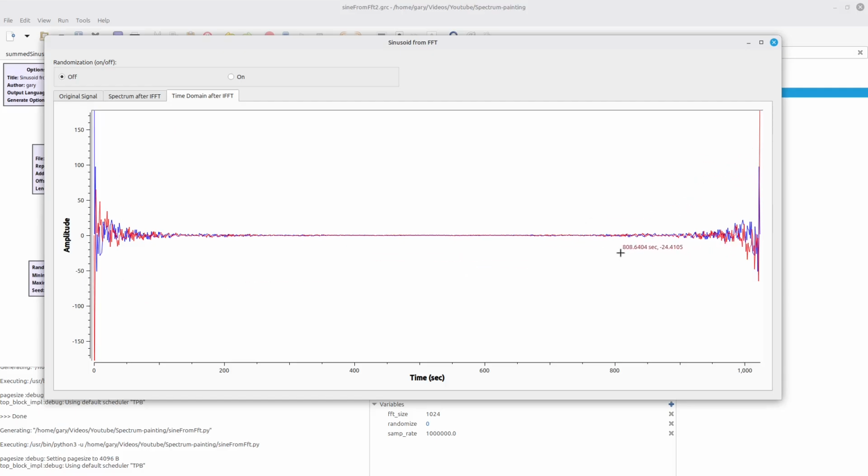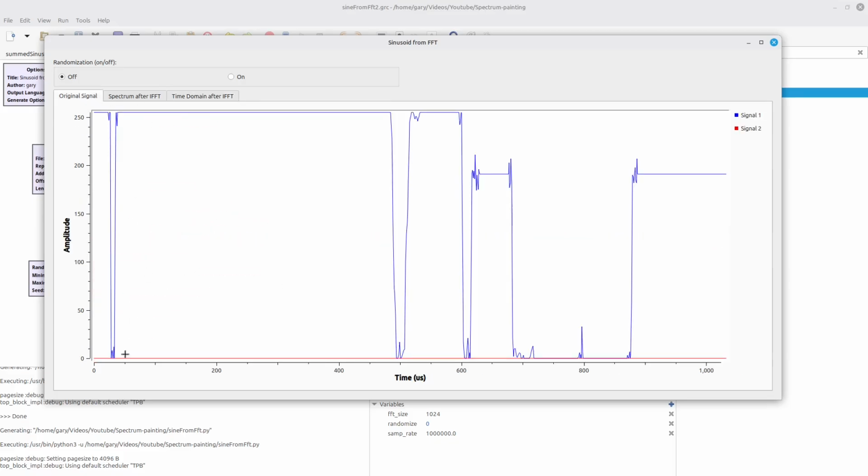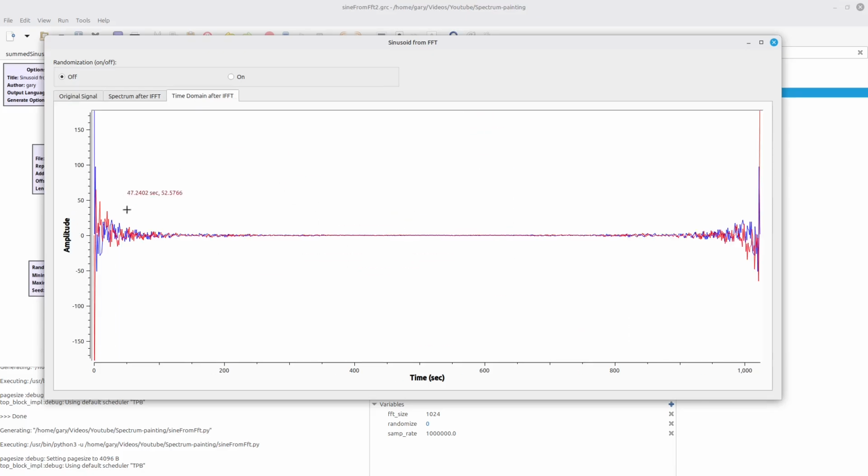This harks back to the old adage of if you have a square pulse in one domain, you're going to wind up with a sin x over x in the other domain. This is exactly that. Notice that when you're looking at our original signal, I have a lot of pulses here, and that all clumps up into this one big sin x over x curve with very thin main lobes here, which means that it's going to be clumped up into the one big part of time.